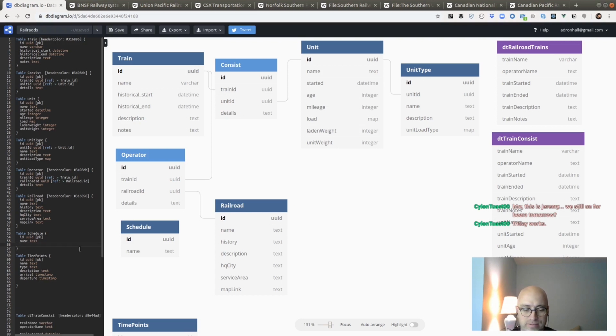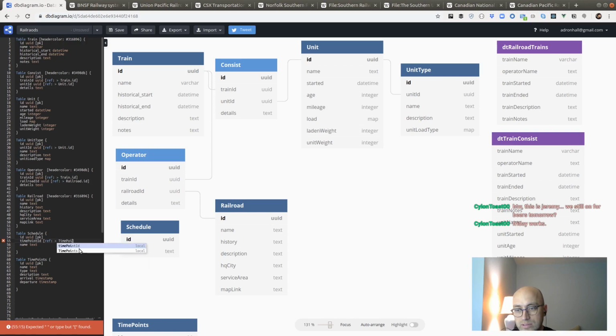So then PK, foreign key. It doesn't need one-to-one. It just needs the time point ID, and then how do I do a ref? Time points.